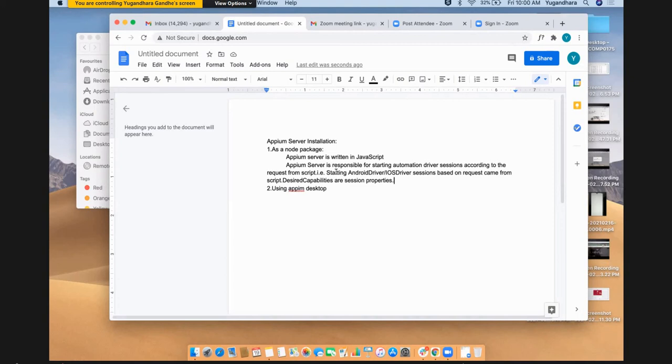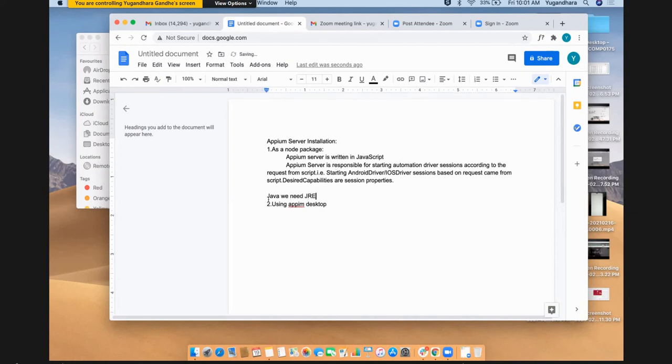Now JavaScript is a language. Every language, let's say Java, C#, Python, any language, requires a runtime environment for executing programs written in that language. So for Java we need JRE, right?